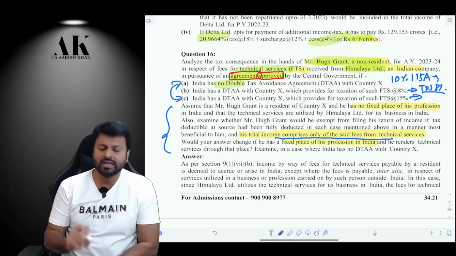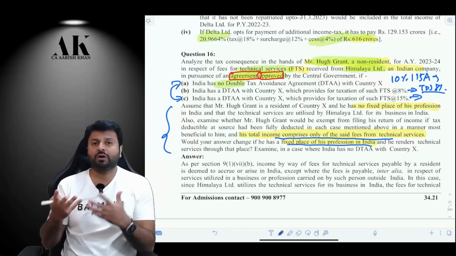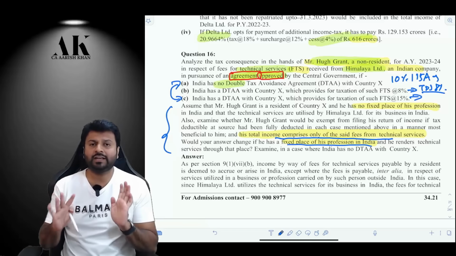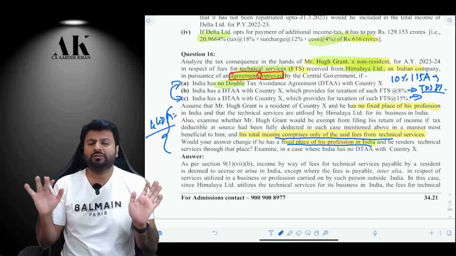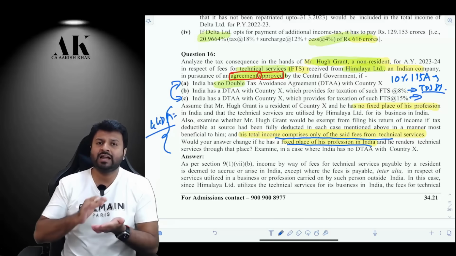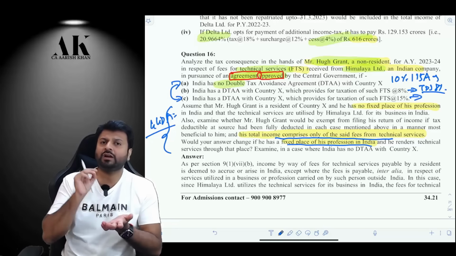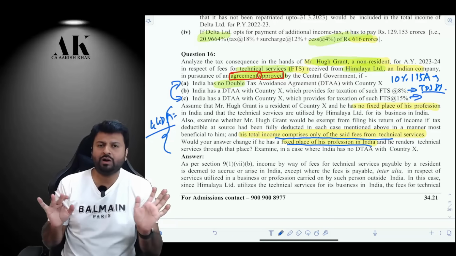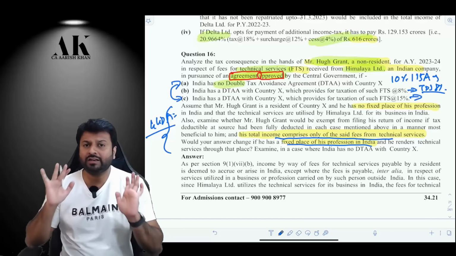And the last thing over here is assume that if the non-resident has a fixed place of business in India, then what will happen? Then 115A will not be applicable, then 44DA will be applicable, and all the provisions of 44DA shall apply because it has a fixed place in India. Therefore, all the expense will be allowed, but certain expenses will not be allowed. Suppose if an expense is not incurred only and exclusively for Indian branch, then it will not be allowed, and there are certain other expenses which will not be allowed to compute the total income. Are they liable to file the return? Yes, they are liable to file the return.